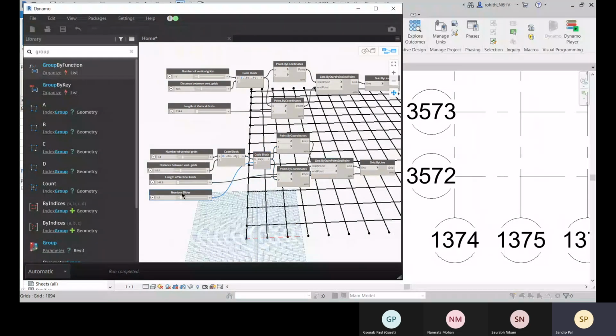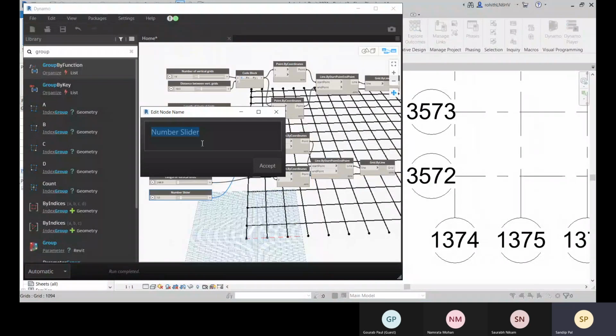And now this one you can give the name, gap offset or gap value, in horizontal and vertical grid.